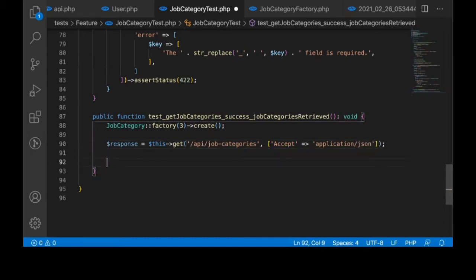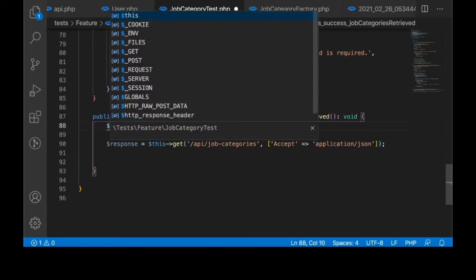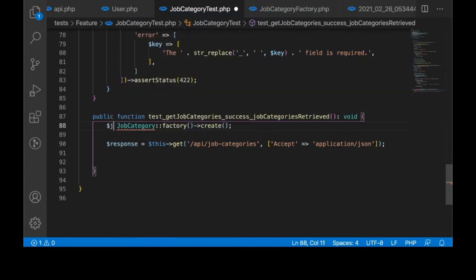So with that call to the endpoint, we can make some assertions. Actually, let me break this down. I want to use that in the assertion job category 1. So I'll create 2 records this time, 2 different job categories,